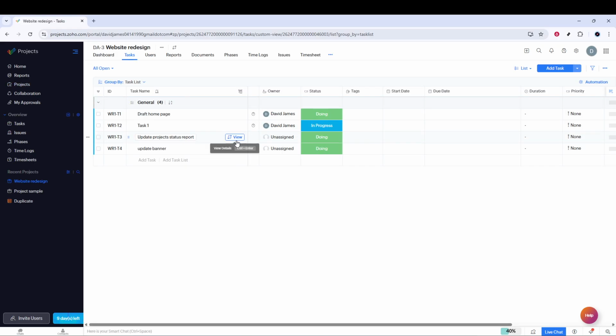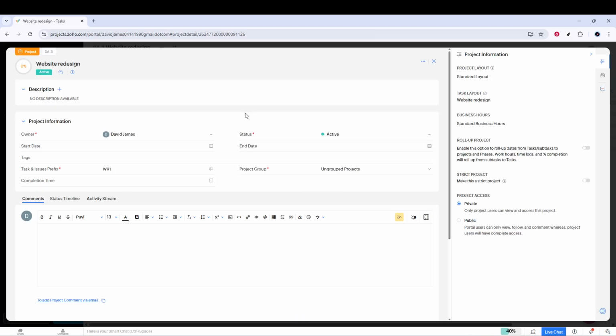With the project open, you now need to access its settings so you can change the visibility. Look toward the top of the project screen for a three-dot icon. This is usually where Zoho hides additional options and settings for that specific project. Click on the three dots, and from the drop-down menu that appears, choose Edit Project. When you click Edit Project, a configuration or details page will open, allowing you to modify various properties of the